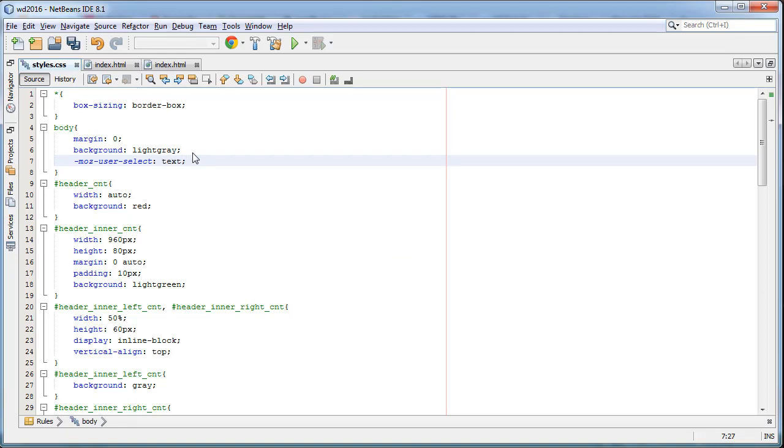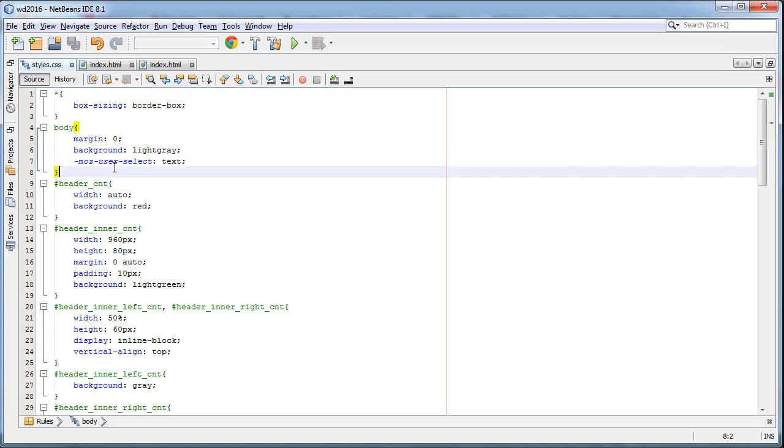So only text shall be selectable, but not images or anything alike, such as input fields. Only text. And this prefix says that this property is still in testing phase. And when something is still in testing phase, this means that things can still change, meaning that values can, for example, change, or they change the property name as well, depending on how things work out